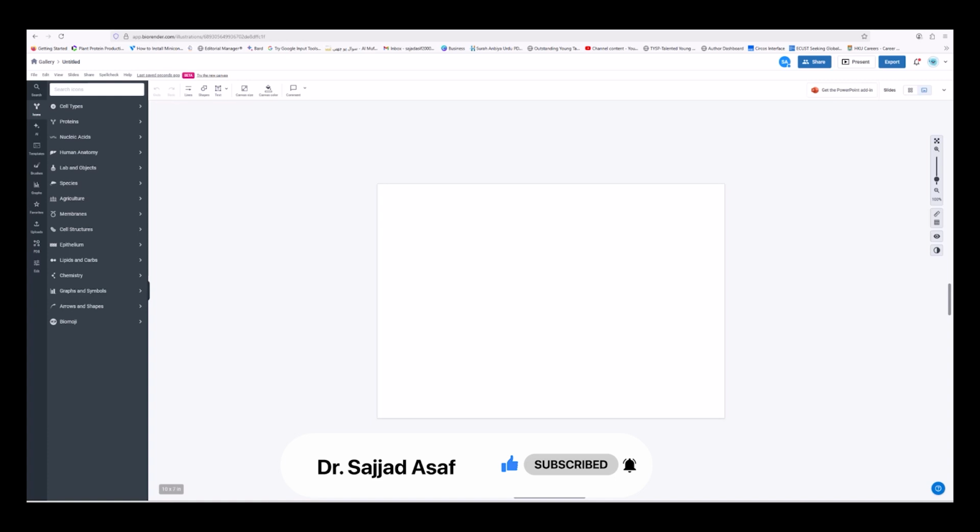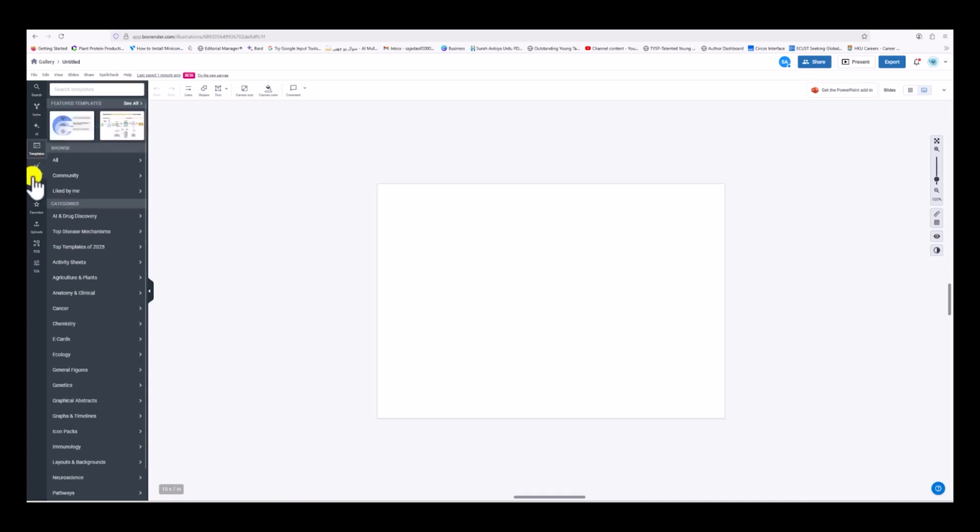For example, if I am from plant biology or from microbiology, how can I make it? You can see here on the left side that there are many options like icons, AI, different templates, brushes, and graphs. These are already available. You can make changes in them, and there are different types of brushes and different types of icons. So you can choose according to your own subject and your own topic.